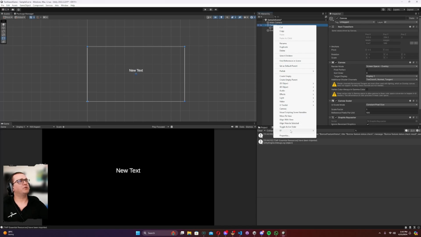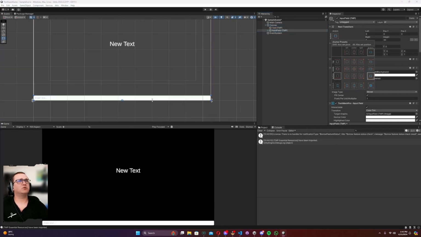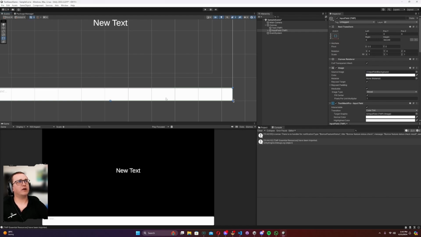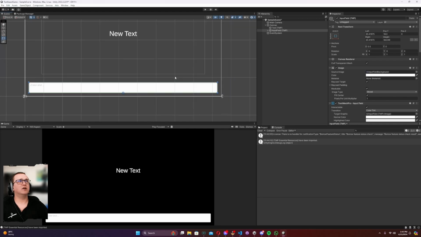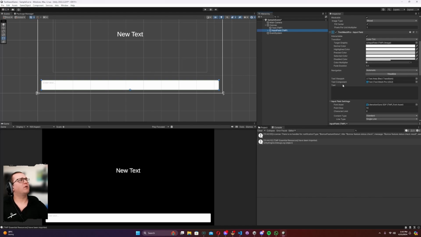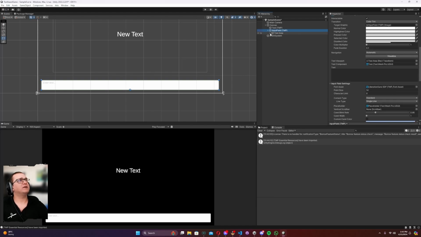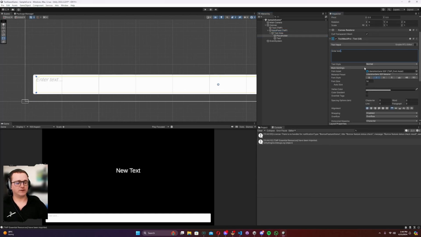And I'm going to create another UI element, and this one is going to be an input field Text Mesh Pro. Now this one I want to be on the bottom side and I want it to be taller and higher too. And I'm going to resize the left and right sides, and this one looks pretty good. Also, another thing that I really want to do is to change this text from here, enter text. Instead of enter text, I want this to have enter action. I'm going to rename that to enter your action,